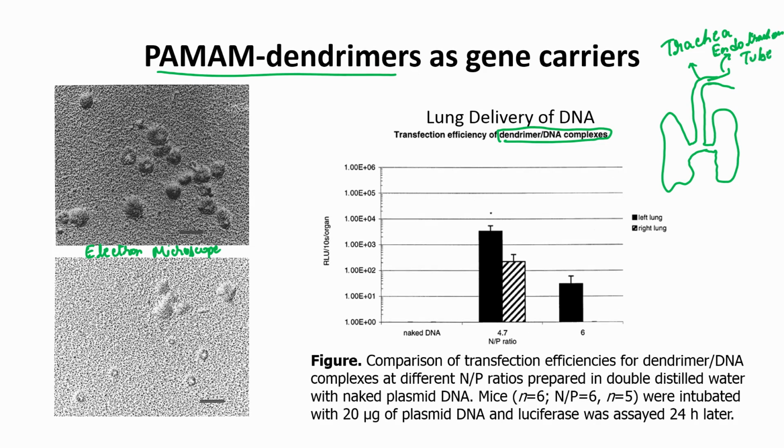and once you put the tube, you can then use this tube to thread a syringe or needle through it and deliver whatever you want to deliver in a liquid formulation. So, you can then just push the liquid through this tube. Obviously, there is a limitation of how much you can push, because you can potentially drown the animal if you put too much. So, usually for an adult mouse you can put about 50 microliter of your liquid. So, what these authors have done is they have injected 50 microliter of the liquid containing these complexes of dendrimer